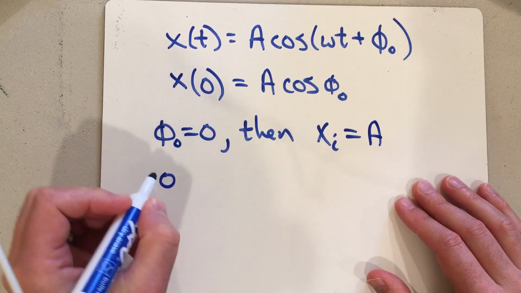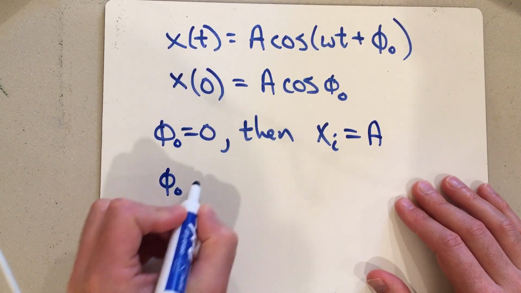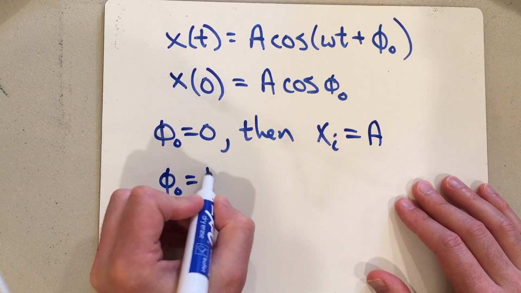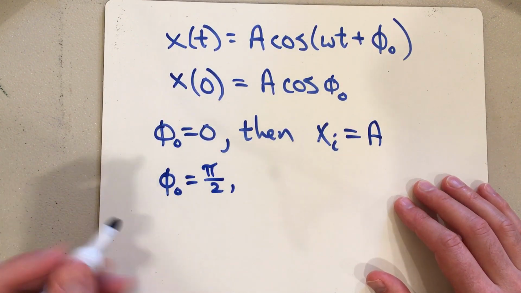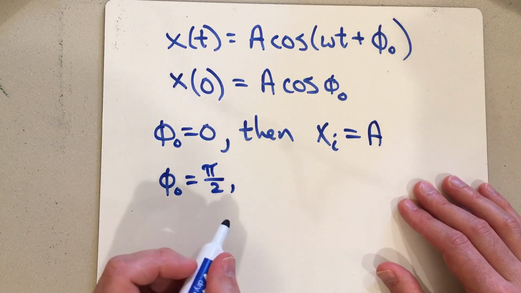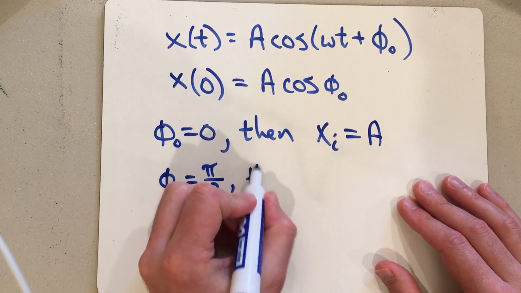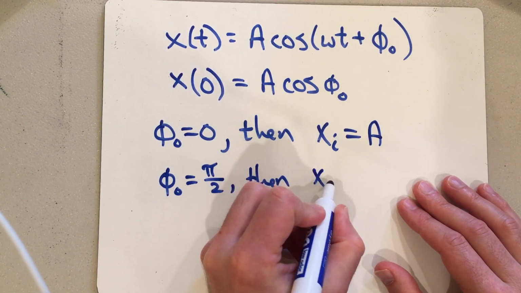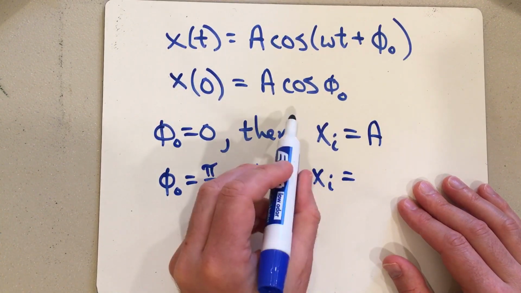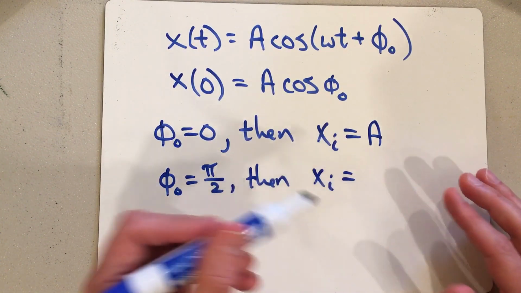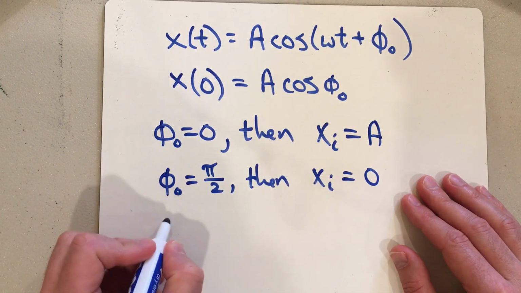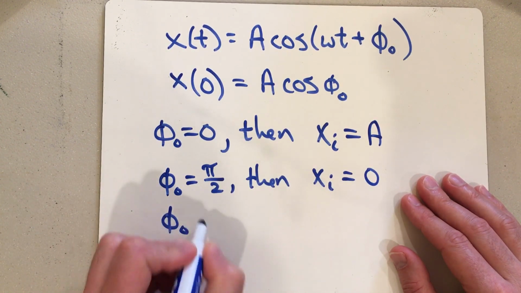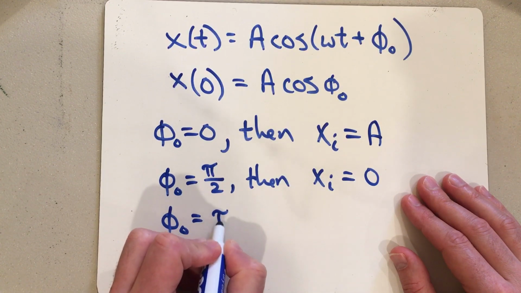If the phase shift is pi over 2, because remember it has to be in radians, so I wouldn't say 90 degrees, I'd say pi over 2, then the initial position equals the cosine of pi over 2, or in other words 90 degrees, is 0, so that's 0. If the phase shift is pi,